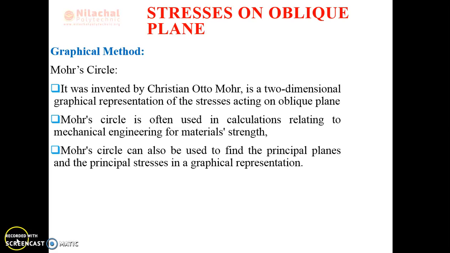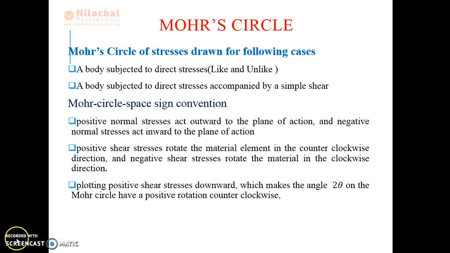What is the location, what is the value of principal stresses, in graphical representation. So how are the stresses drawn in the case of Mohr's circle? Basically, whatever analytical methods are followed for finding the normal stress, tangential stress and resultant stress, the same procedure will be maintained, but according to Mohr's circle, we have to go for the geometrical method.